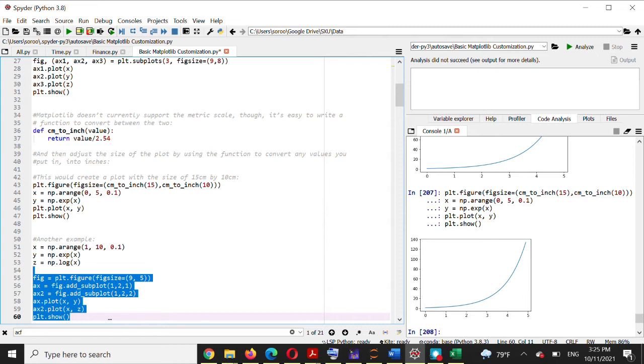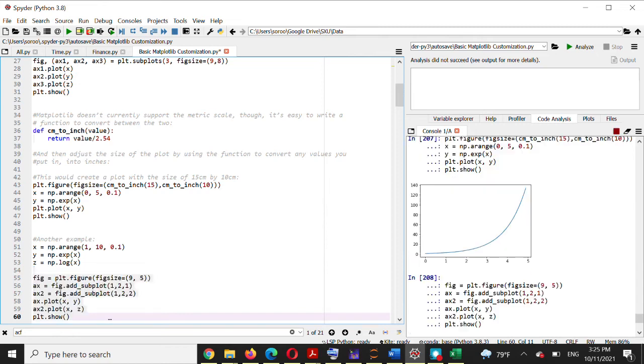And then x1 equals fig.add_subplot 1, 2, and 1. So remember, number of rows, number of columns, and index. So here we are gonna have 1 row, 2 columns, and then x1 is x versus y, x2 is x versus z. So if I run this,